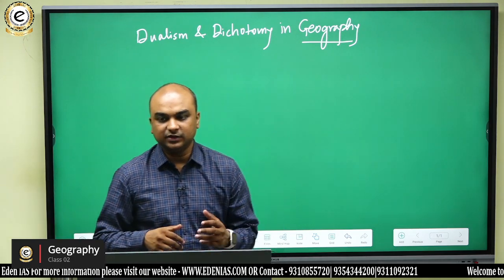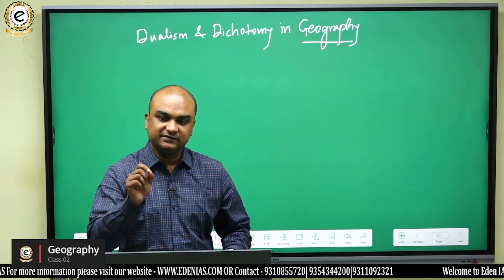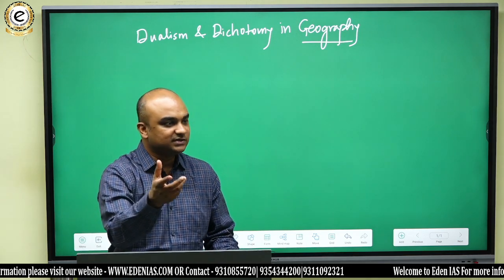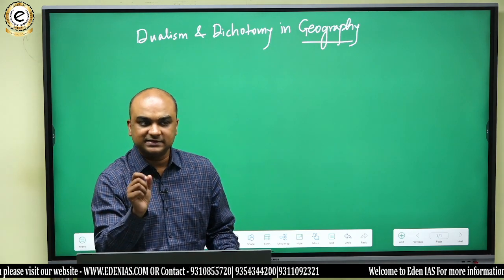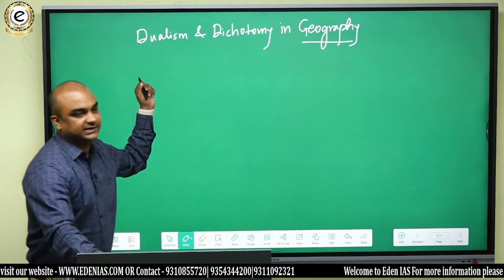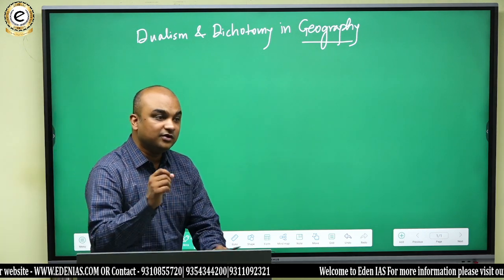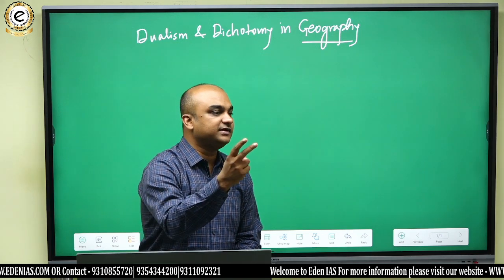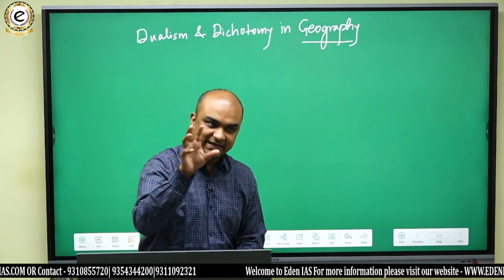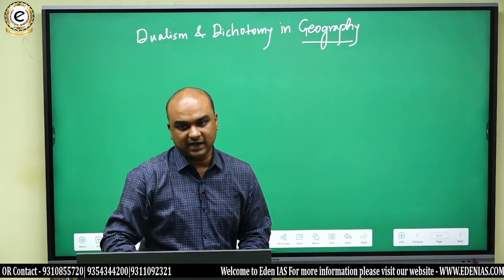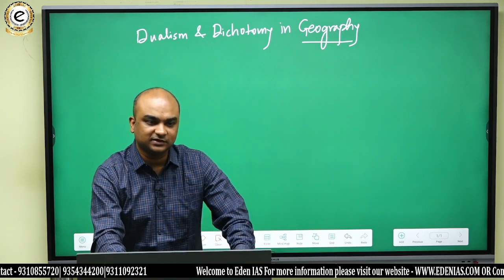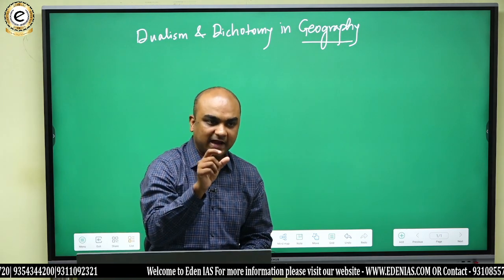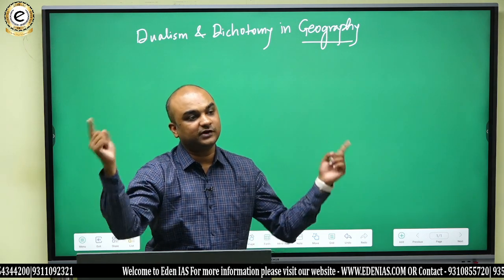Dualism is actually a philosophy. Remember, whenever ISM is attached to a word, that becomes a philosophy, like capitalism, socialism, these are all philosophies, right? So dualism is a philosophy. And what does this indicate? It indicates that when we look at the same thing from two different viewpoints, or from two different perspectives, that is dualistic thought. Do you understand that? So what is dualism? Listen to this very carefully. Dualism is when we look at the same thing from two different viewpoints.